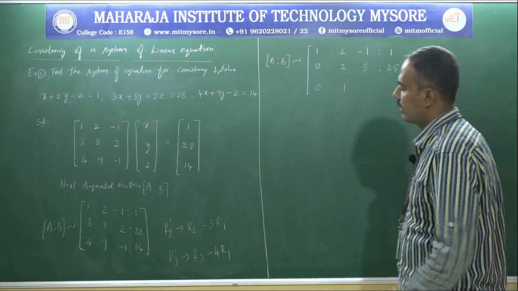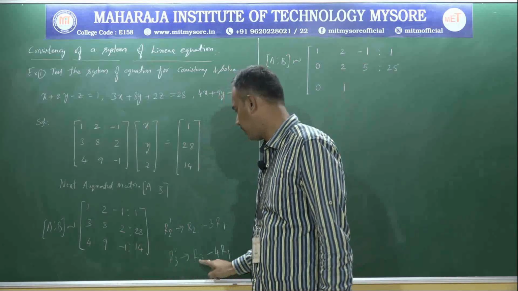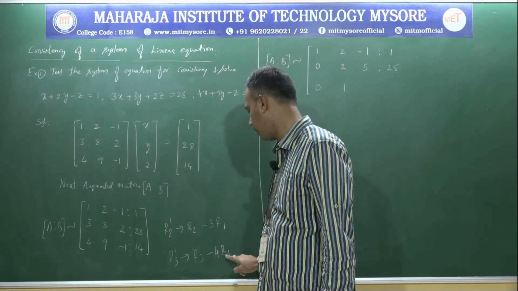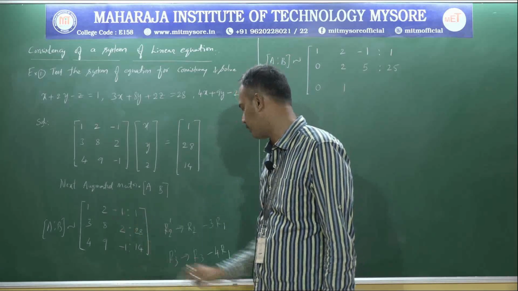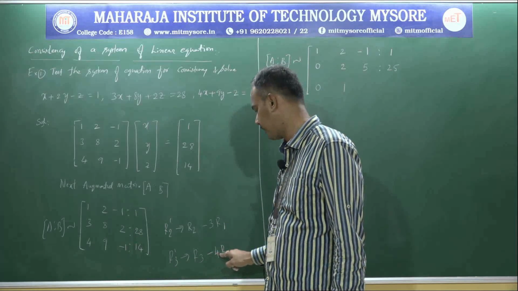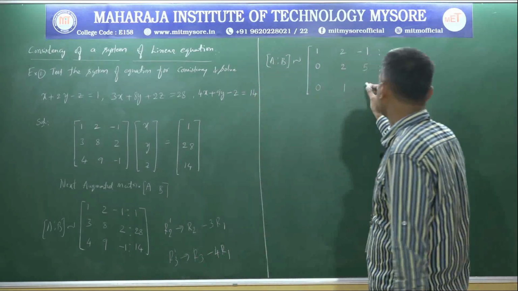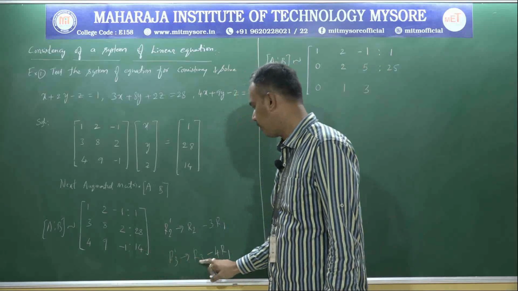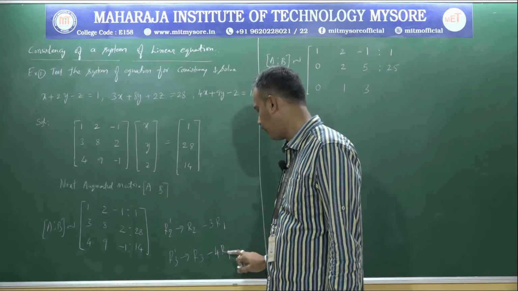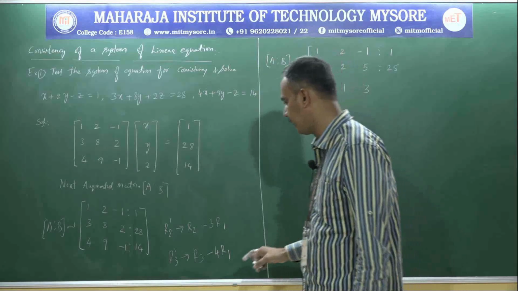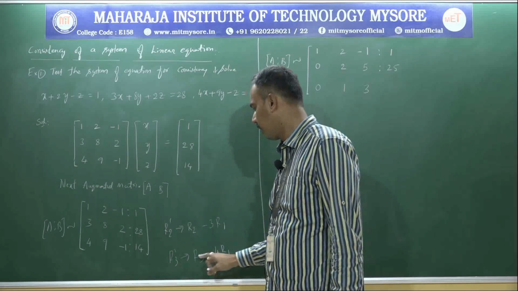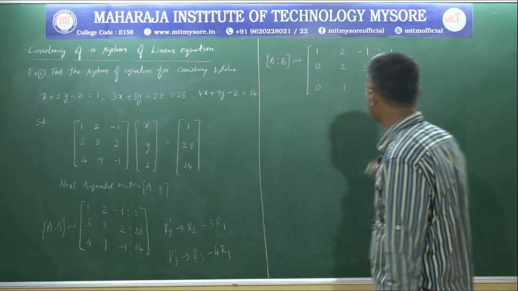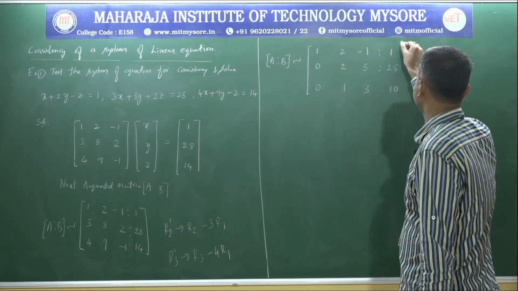Now the next one is the minus 1 available, minus 1 minus 4 into the R1. Minus 4 into the R1 means we consider minus 1 available. Minus of minus plus 4, minus 1, we can denote 3. Now the next one, 14 available, 14 minus 4 into the R1, 1 here, now we can denote in terms of 10.